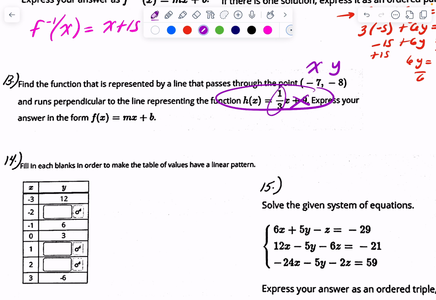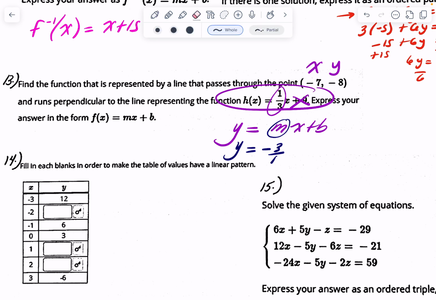Ours is perpendicular. So we know that it's mx plus b. We know, firstly, our slope is perpendicular to 1/3, so we know our slope has to be negative 3 over 1. We can just write that as negative 3. Why do I know that? Because that's what perpendicular is, guys. You flip the fraction, change the sign. So that would be negative 3x plus b. Now to find plus b, you need to plug